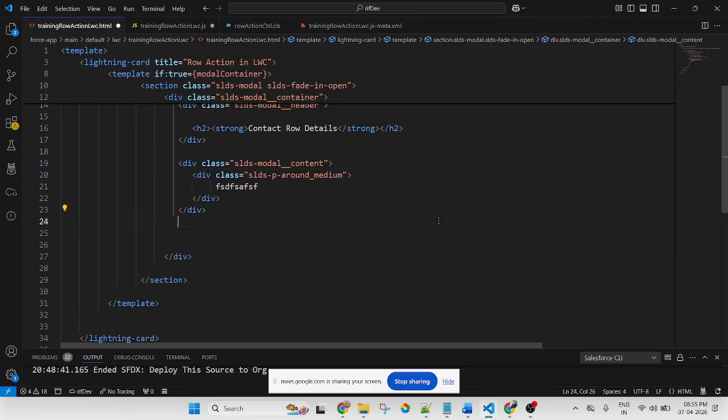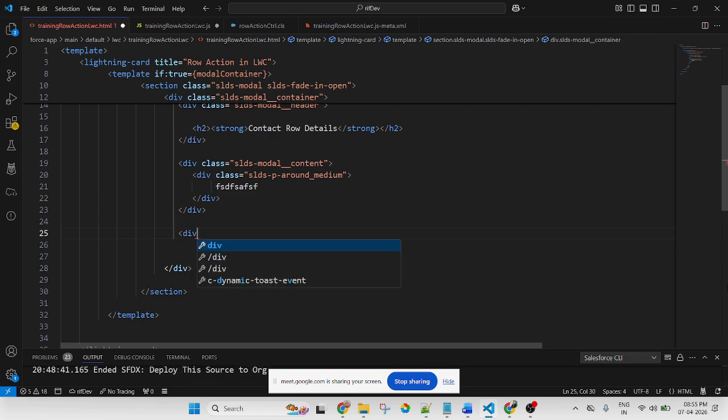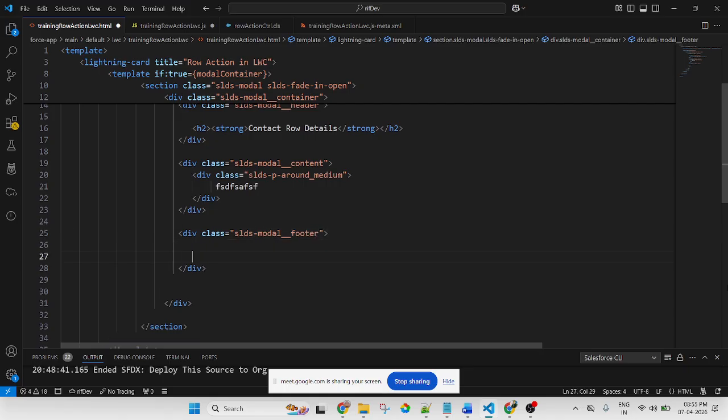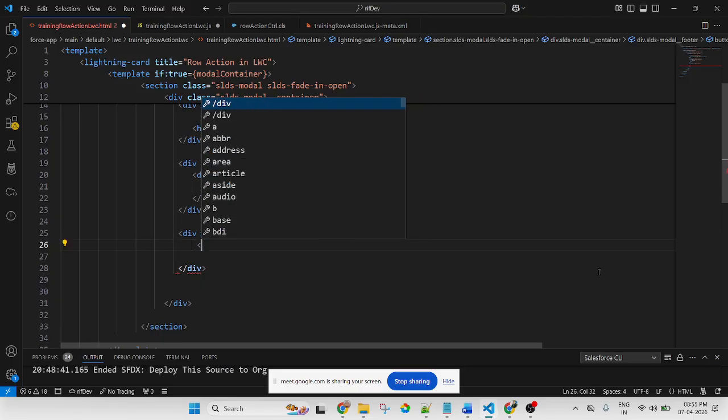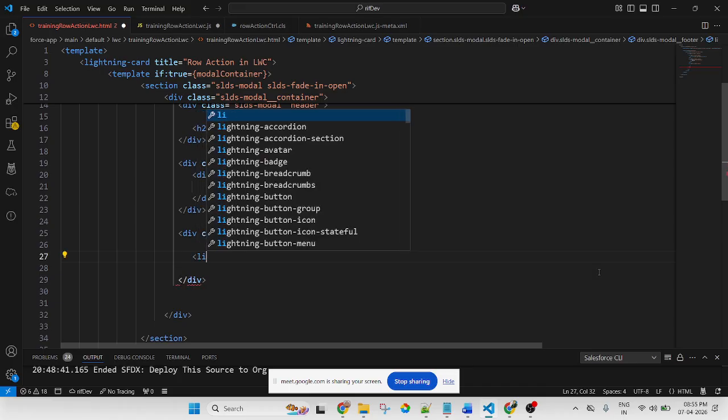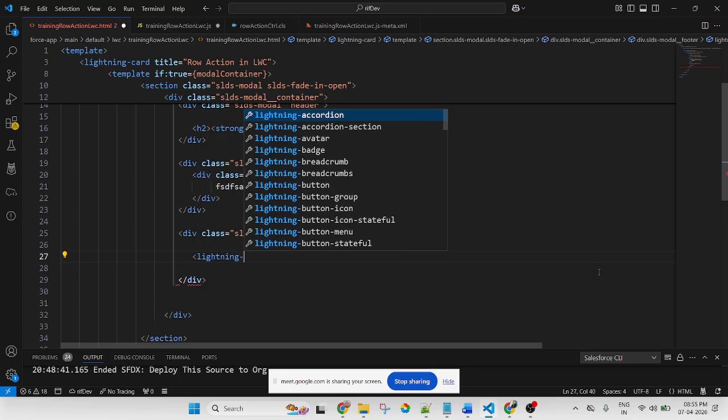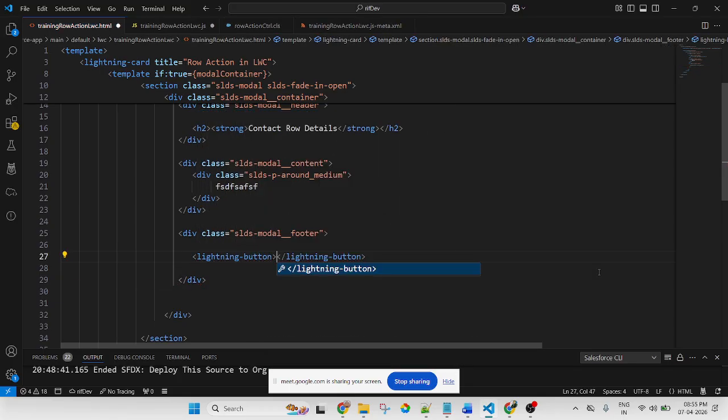After the content, I am applying the footer div class SLDS modal footer. Inside the footer, I will use a lightning button.